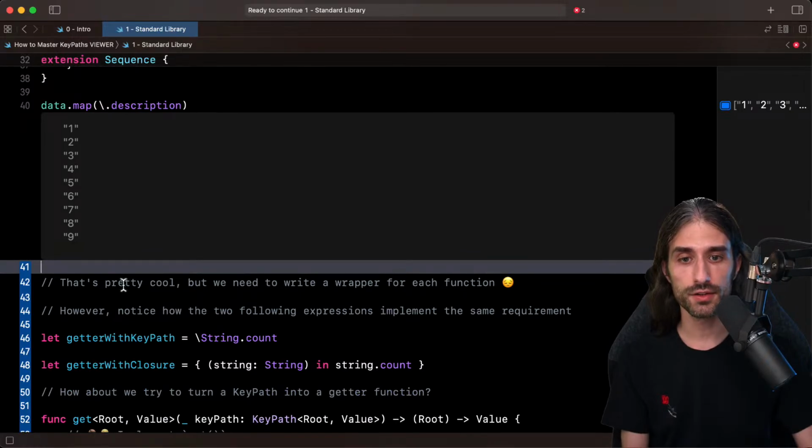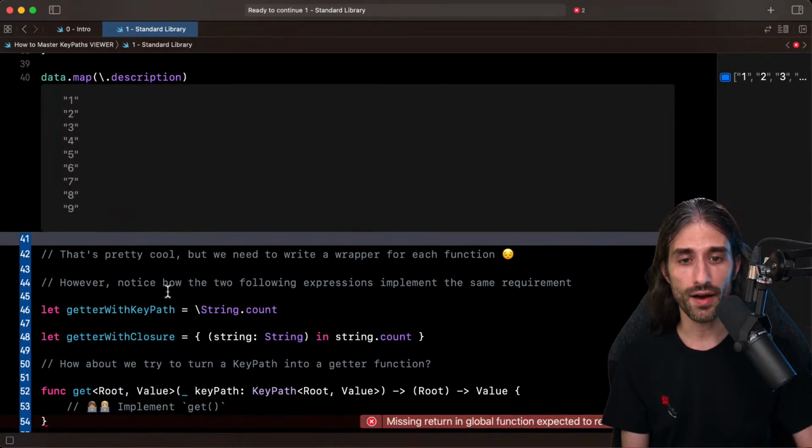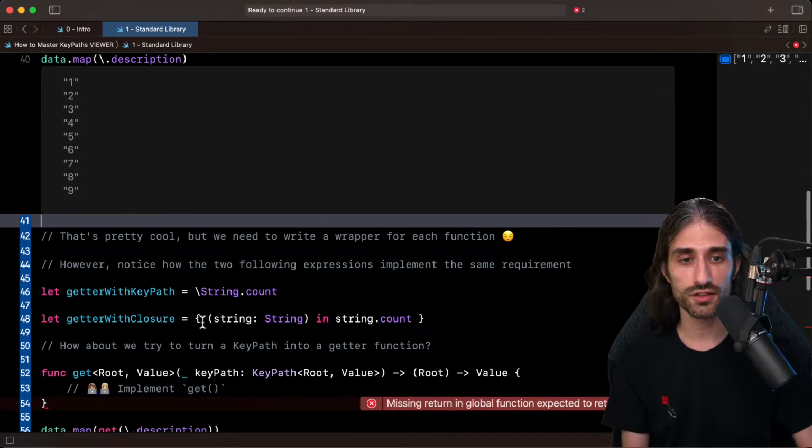So that's pretty cool, but with this approach, we need to write a wrapper for each function. And that's definitely not great. It doesn't scale very well. However, notice how I've been showing you this similarity between closures and key paths.